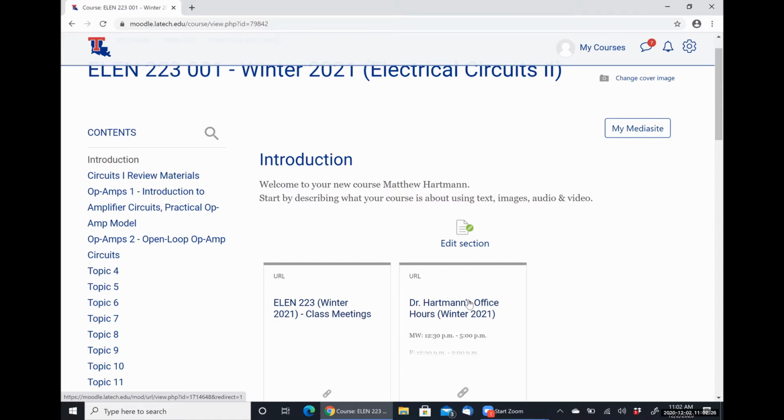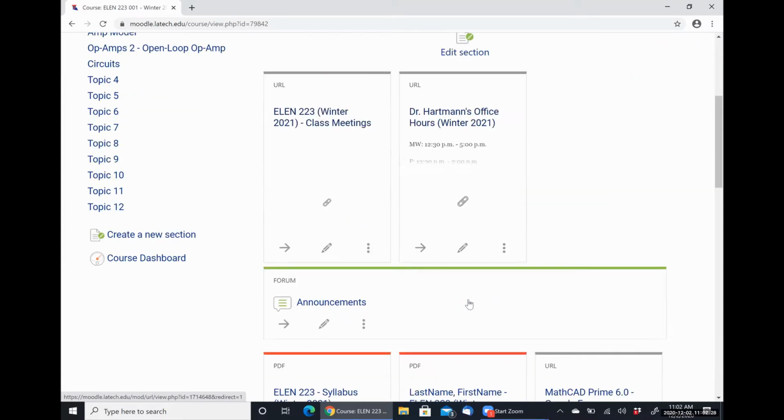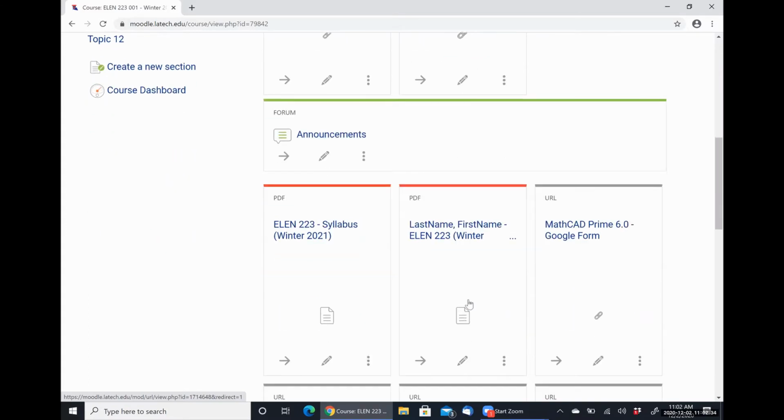I have the little announcement thing here. That's just whenever I send out an email to the entire class, that's what I do it from. Then we have the syllabus, a homework formatting example, which will be referenced in the syllabus. And then